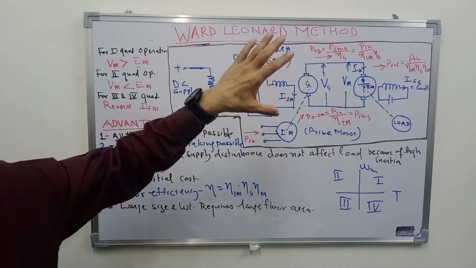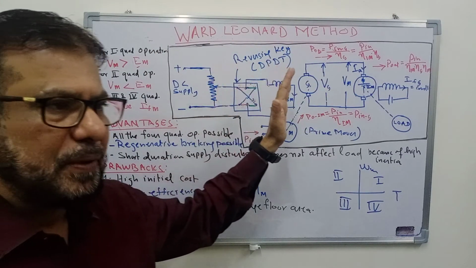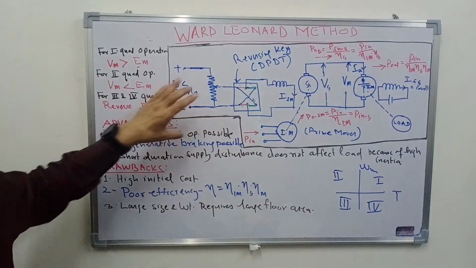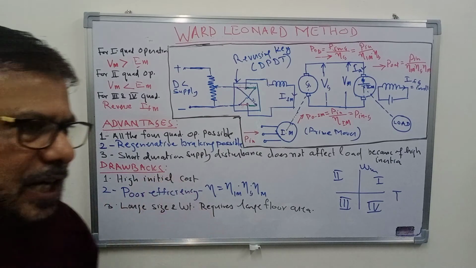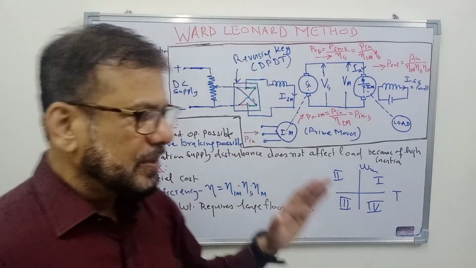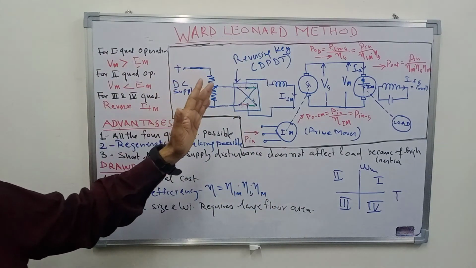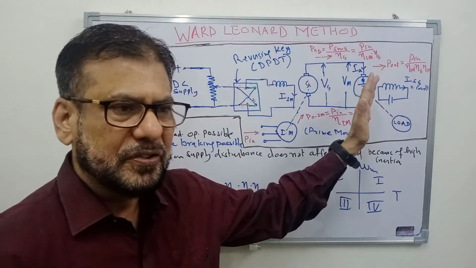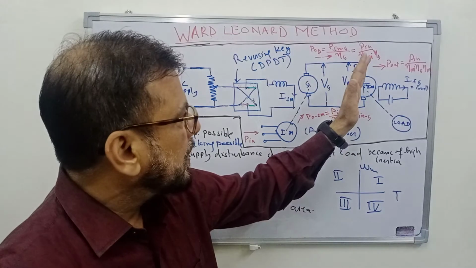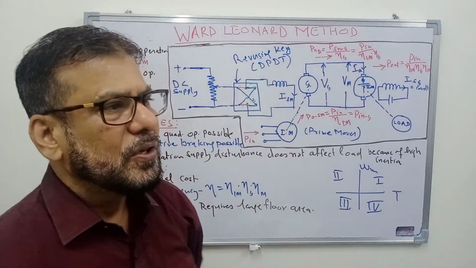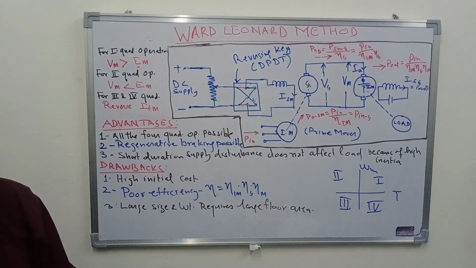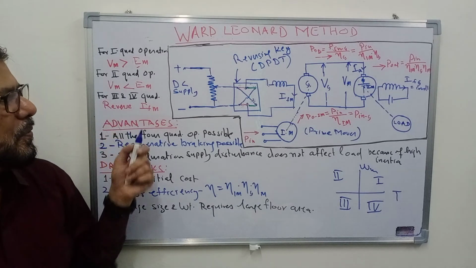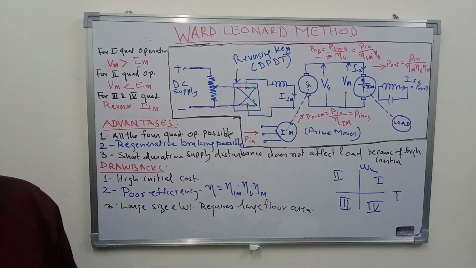We may have a control rectifier which is given three-phase supply, or you may have some DC chopper with input DC supply, or you may have a combination of these converters, that is we have three-phase supply, then we have a rectifier, and then we have a DC to DC converter, that is chopper, to get a variable DC supply here. So all these schemes we shall discuss in the upcoming classes. So this is what is known as Ward-Leonard scheme of speed control of DC motor.